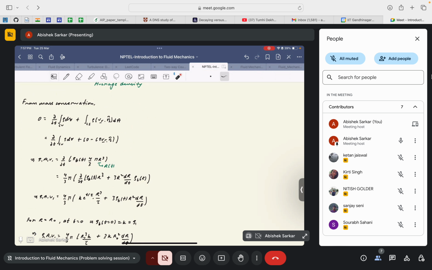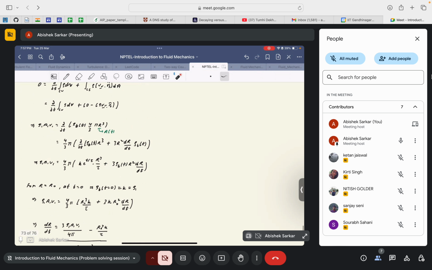Just applying the simple chain rule of differentiation. Then ρ₁ A₁ V₁ is equal to 4/3 π times the derivative of ρ_b(t),